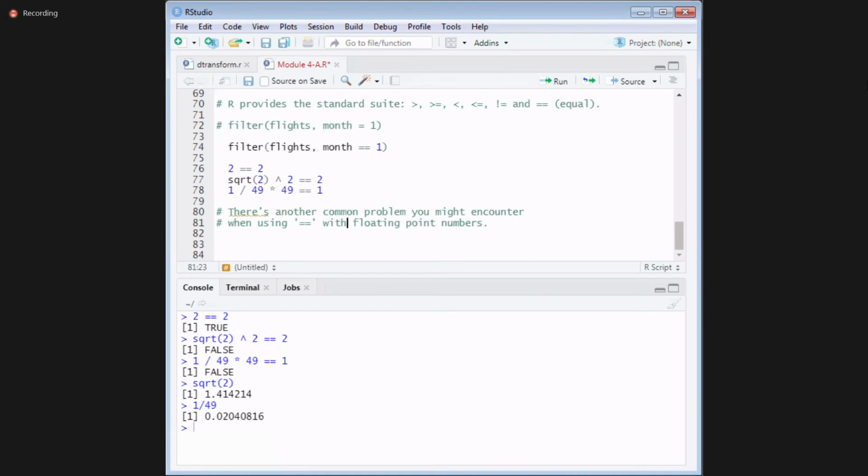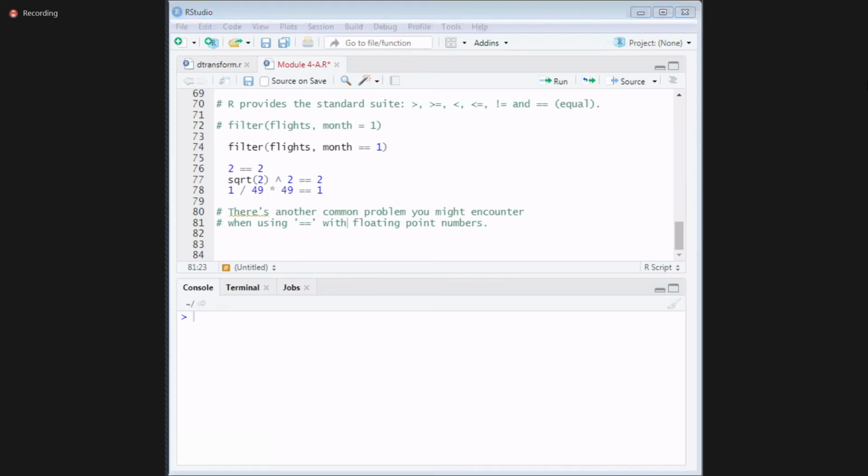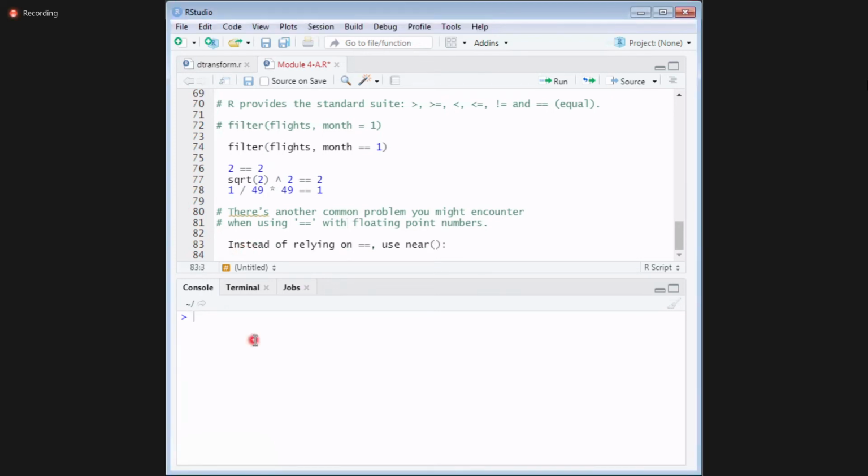So what you can do is, instead of relying on double equal to, you can use the near function.